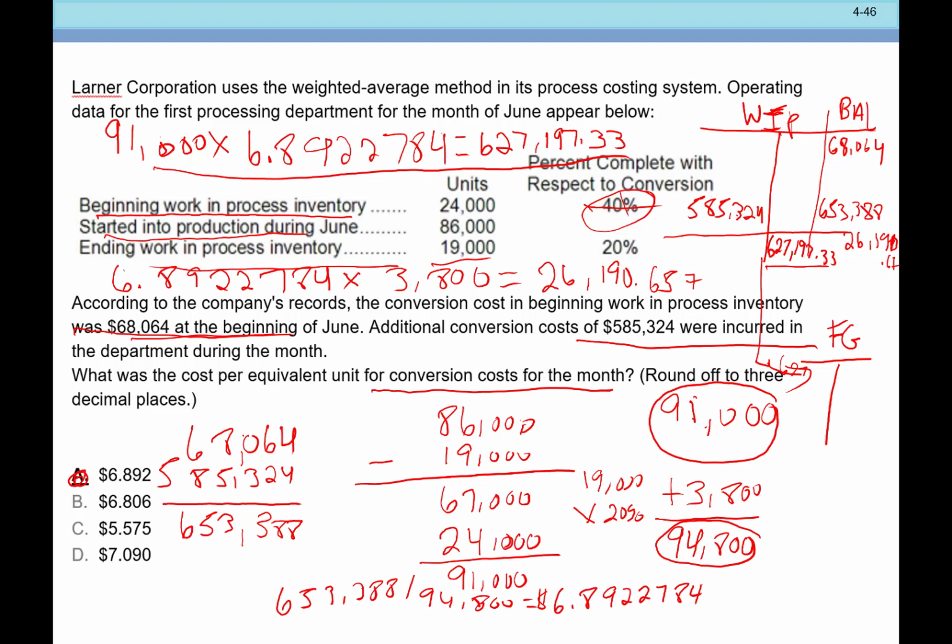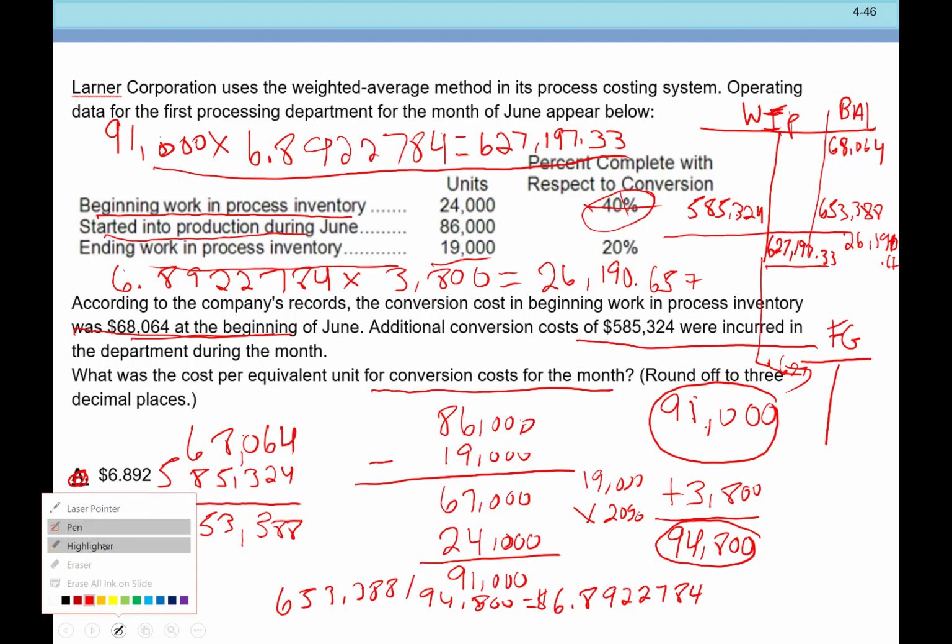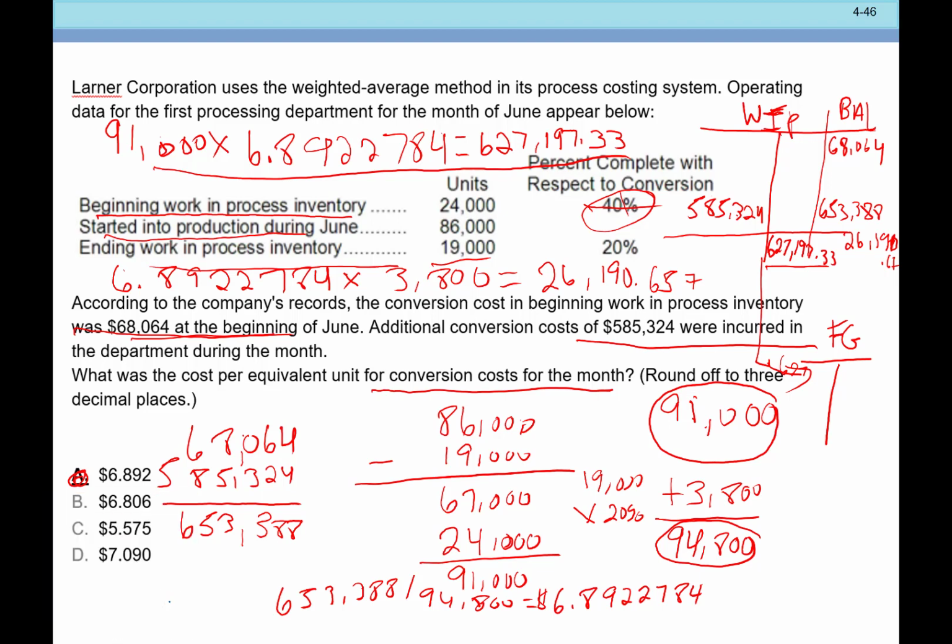Now, again, I had this weird way of doing it when I wrote this in at one time, where I would start with the units started, subtract off the ending inventory since they weren't done with those, add in the beginning inventory, would give me the cost added to production. That's admittedly a little bit backwards. The more you stare at this stuff, the more you say, well, why was I doing it this way? I can't answer why I was doing it that way before, because that's a little backwards. To me, the better way to do it